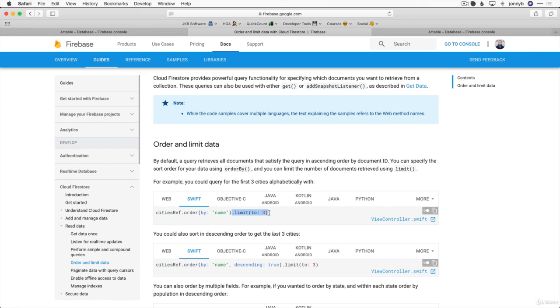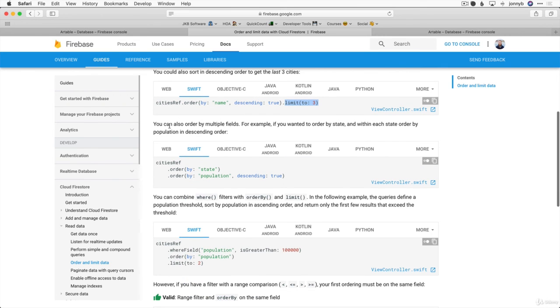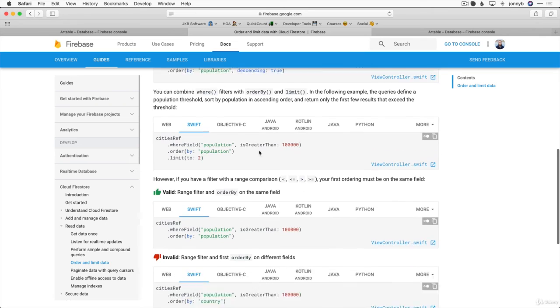And then you can also limit it. So for instance, if you only want to receive the first 3, then you could say .limit to 3. And then down here, you could also sort in descending order to get the last 3 cities, .limit to 3. And then same thing with queries, you can also order by multiple fields,